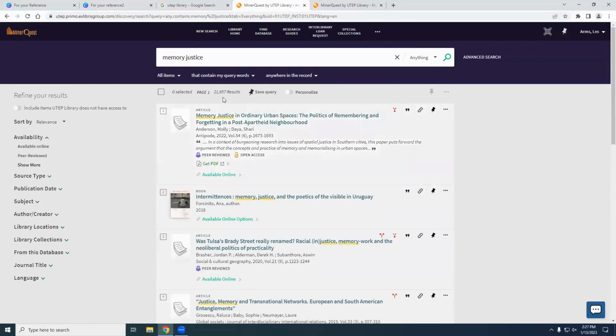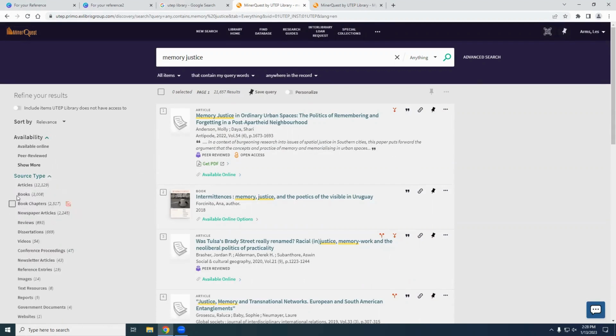I got a ton of results, 21,657 results. That's a lot to go through. I do want to point out that we have some filters here. These filters are really helpful for starting to chip away at how many results we got. So let's just say for source type, I only want articles and books, right?